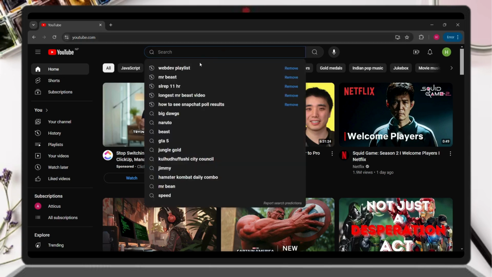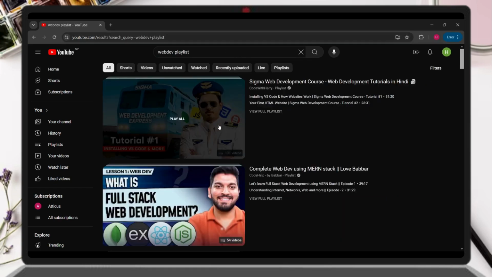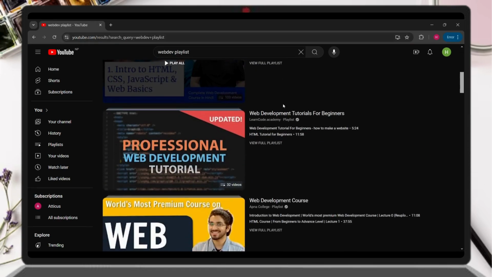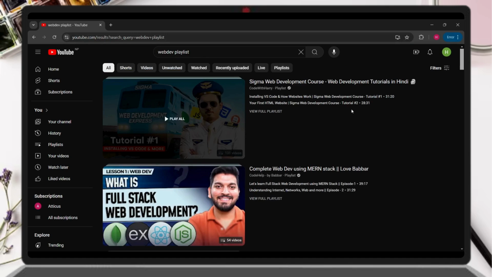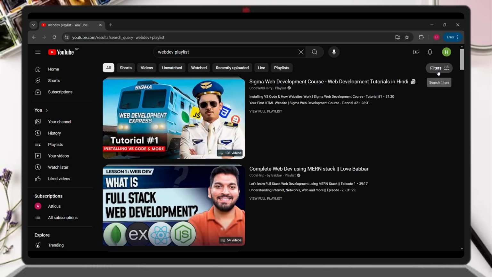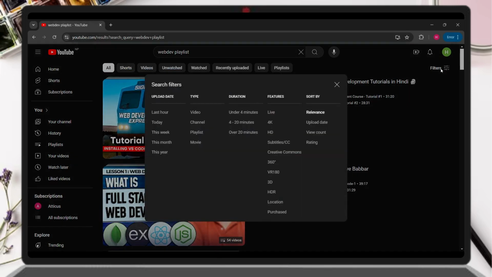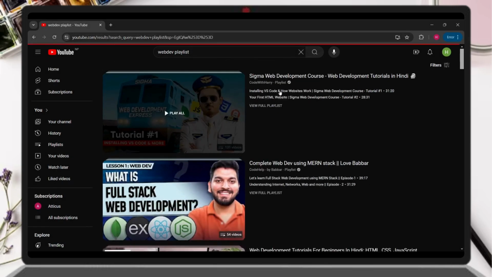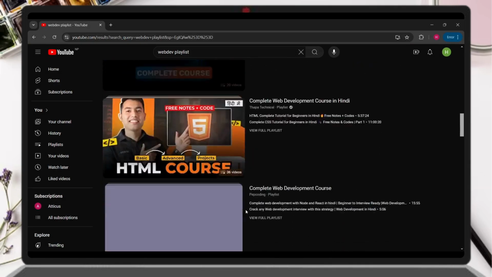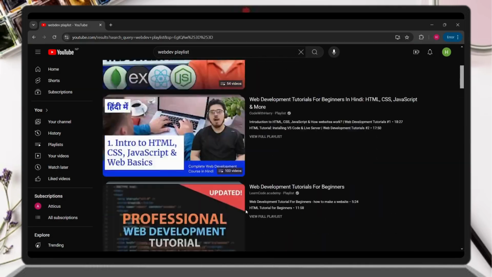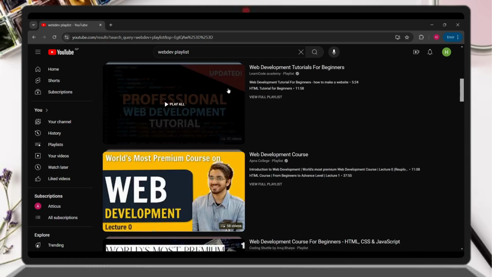I'm just going to search for a web development playlist right here. And if you want to filter it out more, you can just click on this filters and then select the type to playlist, and this will show you all of the playlists that are available on YouTube. Alright, so let's say I want to save this playlist right here, what I'm gonna do is click on